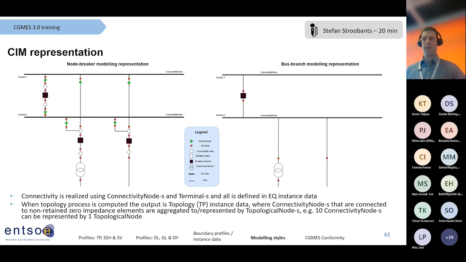So there could be a one-to-one relation, as Shavdar introduced in slide 44,